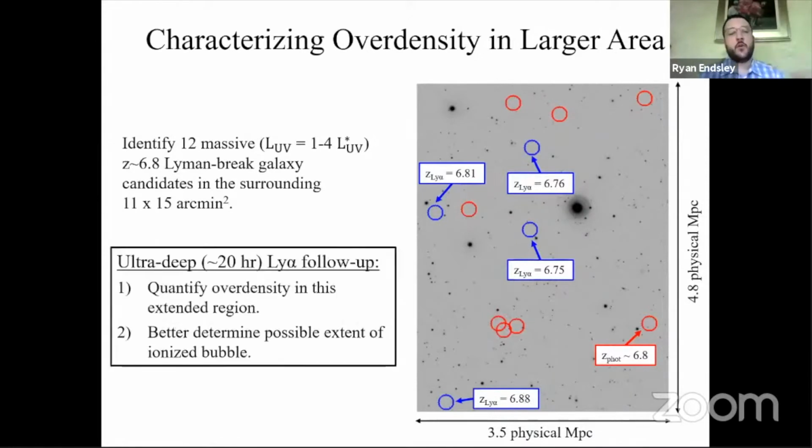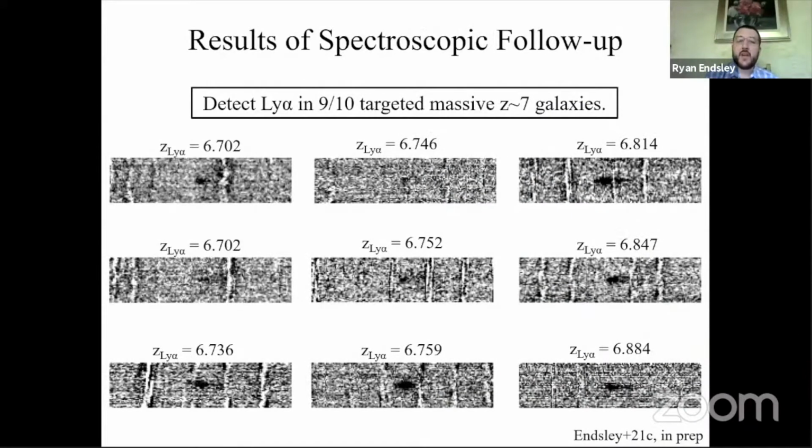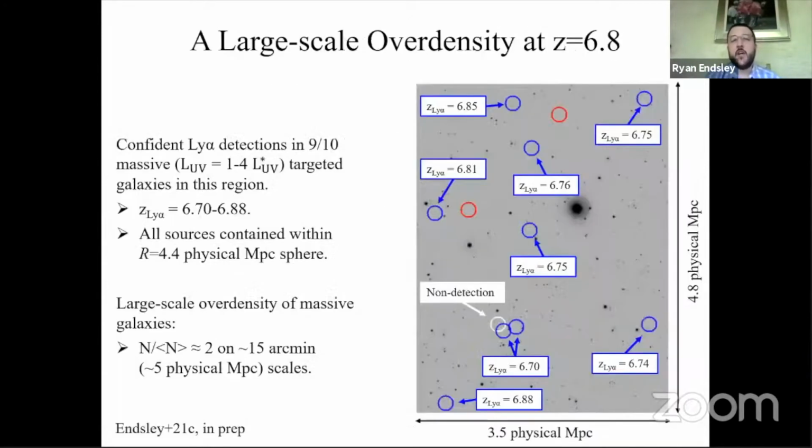So we conducted ultra deep, about 20-hour Lyman-alpha follow-up of the majority of these remaining candidates with the goal of quantifying the overdensity in this extended region and better determining the possible extent of the ionized bubble. So what did we find? We actually ended up with Lyman-alpha detections in 9 of 10 targeted galaxies across this region. All right, so that's a 90% Lyman-alpha confirmation rate in this region here,